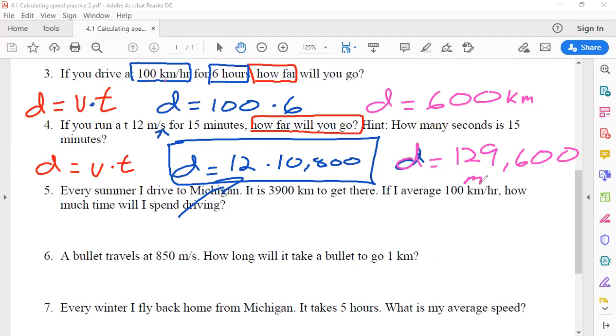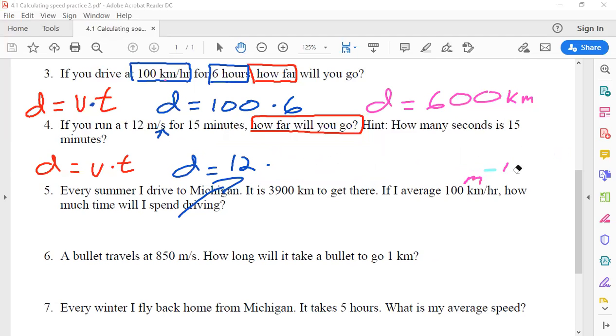Way too big. I got mixed up from a problem earlier today, and I wasn't thinking about it. So we're going to back up here. That's what messed me up. Thanks, Mr. Wayne. 15 times 60 is not 10,800. 15 times 60 is 900. That's what I get for trusting the first thing that popped up on my calculator. And 12 times 900 is going to give me